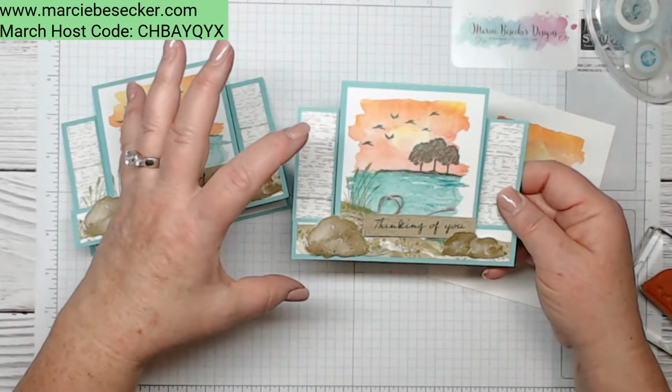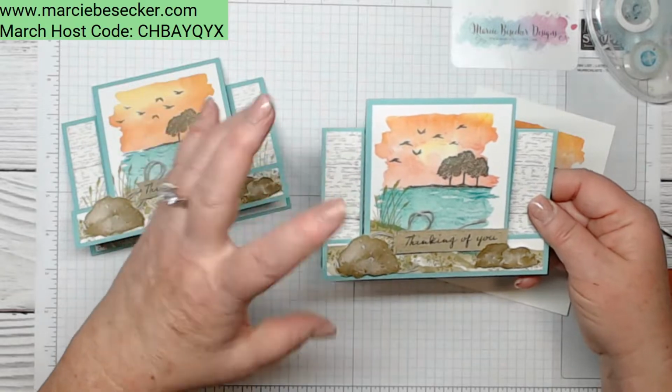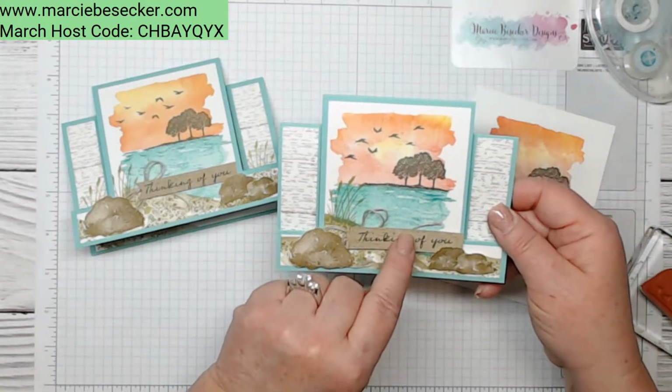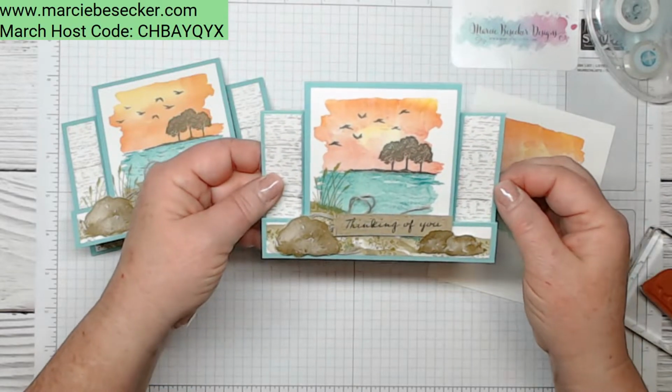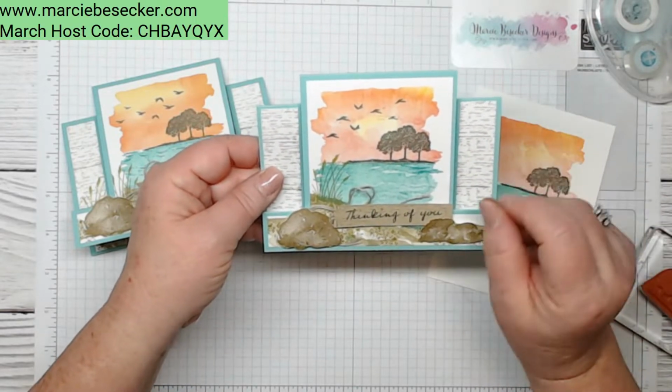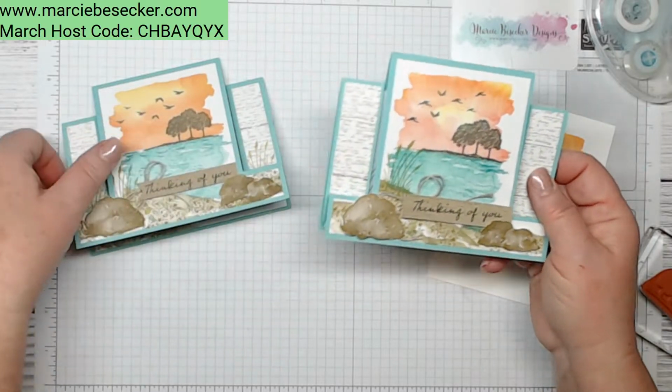So think of what you have in your sets like this, you know, put a background back there. I mean, you could even put it in the wood and, you know, they've got little sentiments or something that you could put there, or just write something on a little thing or whatever. So